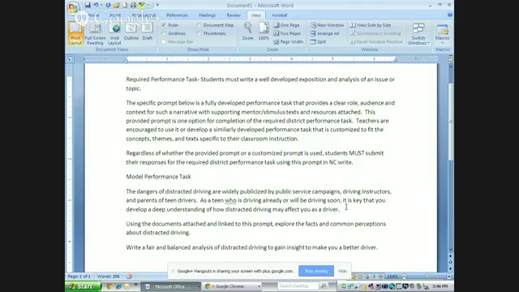So this is one task that meets the requirement for the performance task. It does have a role for the student writer. It has an audience, it has a purpose, it has a context surrounding the type of writing. But I do want to remind you that